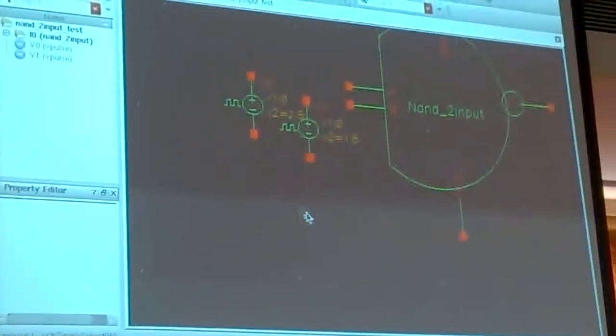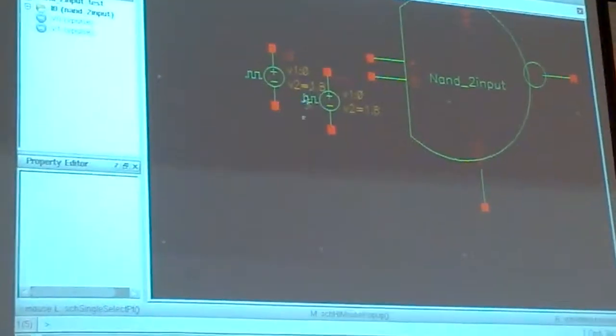Now height. So here you will get, because we are having two inputs for the design, we need to create two test inputs, or else you can keep only one and connect the two inputs to that particular input itself. I am creating two inputs because if we want to vary the other input, you can use the other V pulse.